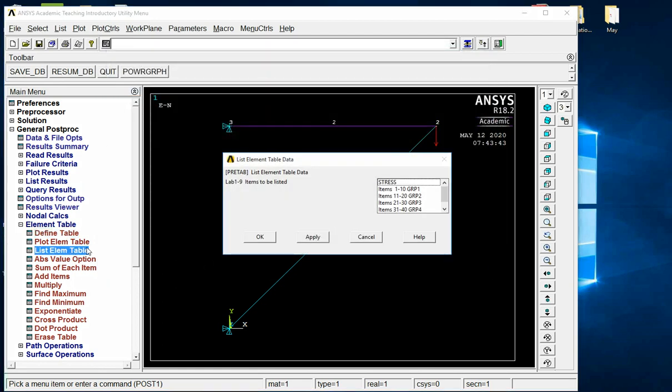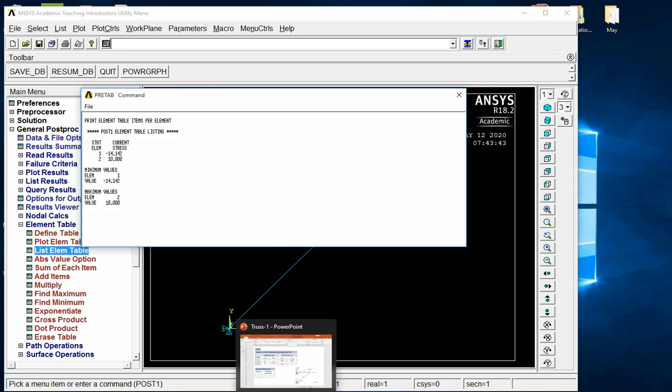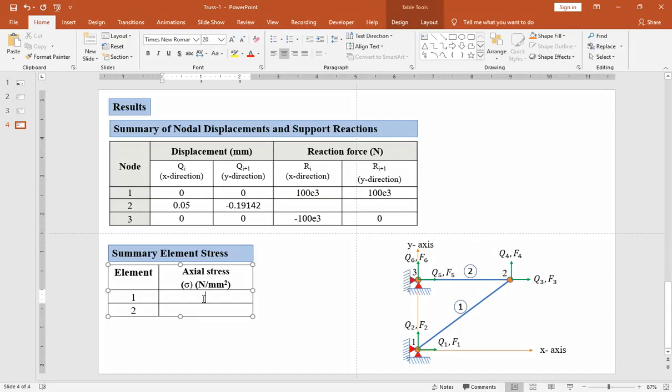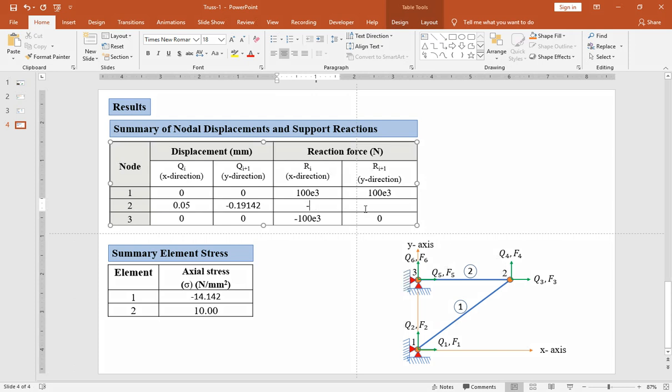Then click on list element table, choose this stress entity, say OK, and you will get minus 14.412 as the stress in the first element, and the stress in the second element is 10 Newton per millimeter square. So with this, the analysis of the stress problem is completed.